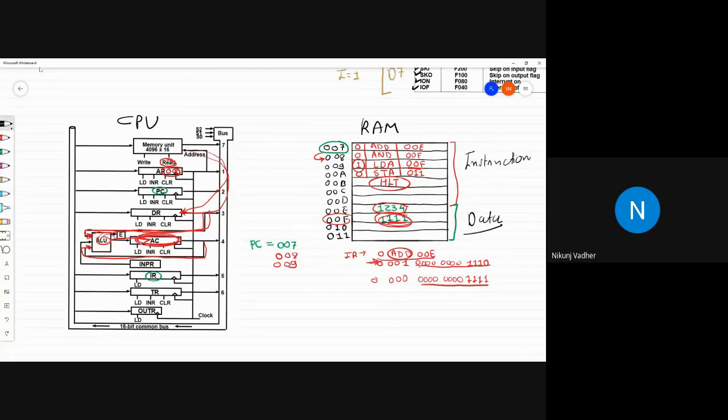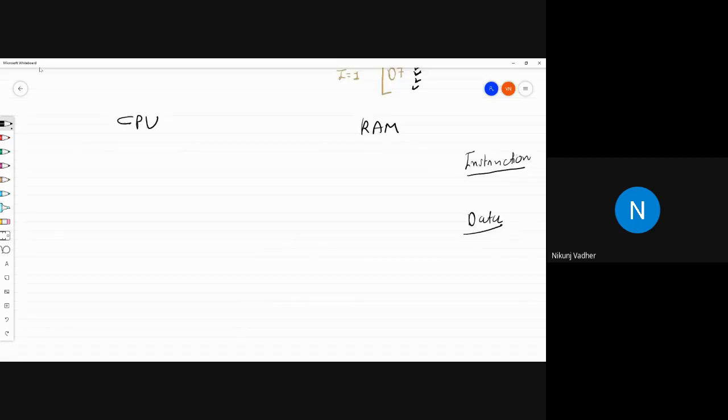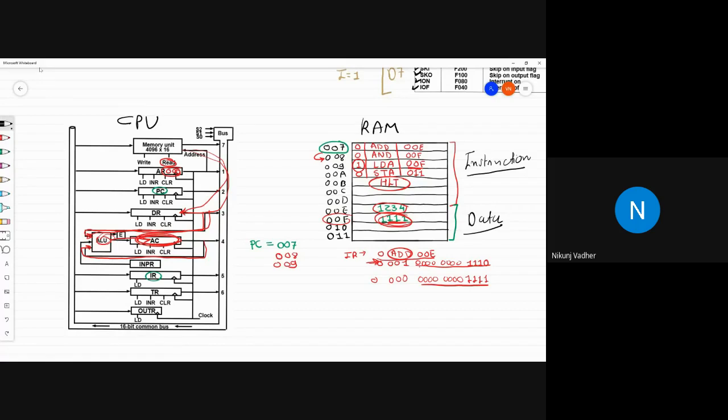Data part will hold all the information or the variable details. In instruction part, all the instructions of the program will be stored. Whatever operation you specify, like if you are writing a C program for performing addition of two numbers, it will be stored into the instruction part. And whatever variable you are using in the program will be stored into the data part.